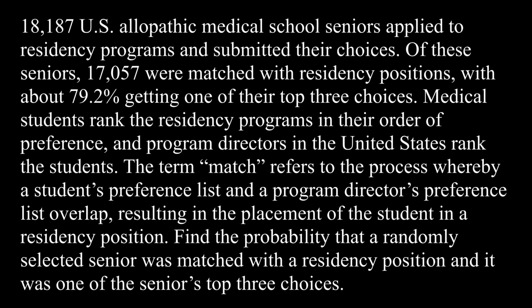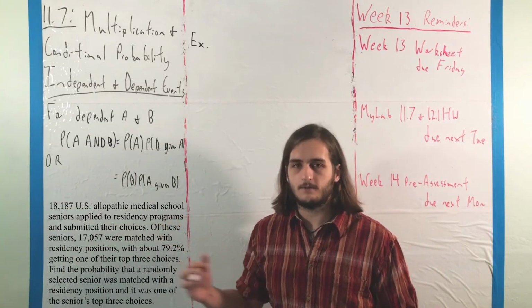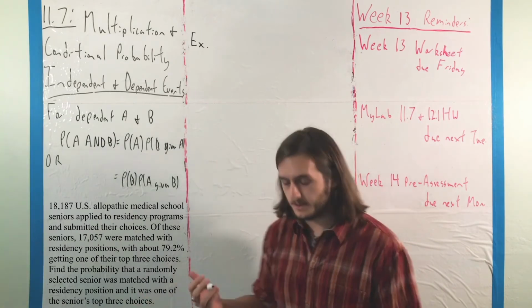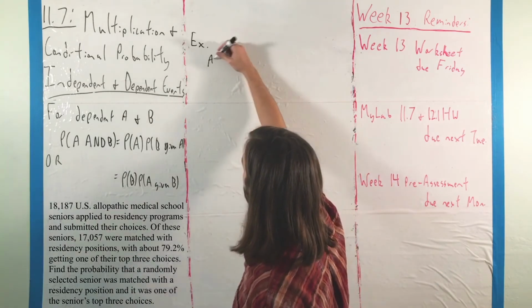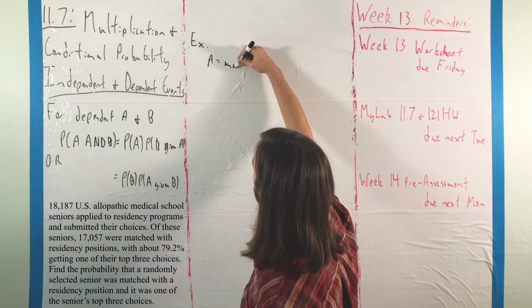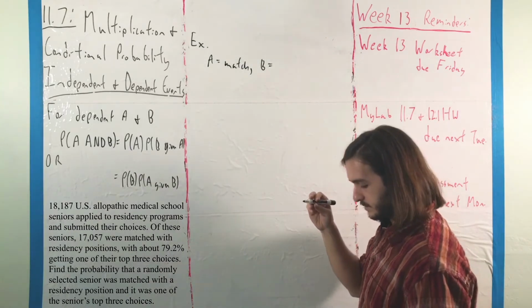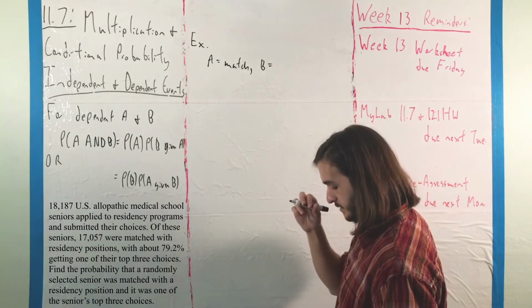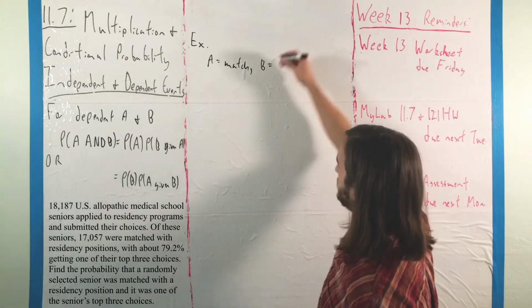And what we want to do is find the probability that a randomly selected senior was matched with a residency position and it was one of their top 3 choices. So here, we're doing something again like this, but we're kind of given the 2 parts separately and we're being told to put them together. So, if we're going to let A refer to the event of a match, and B refer to the event that they get a top choice,